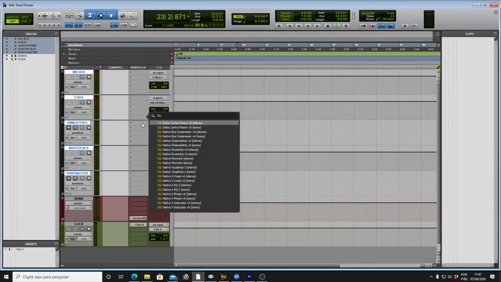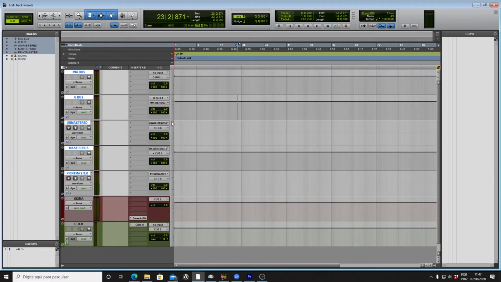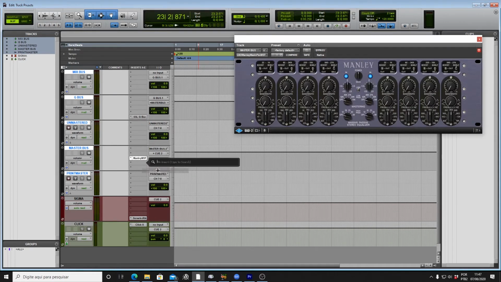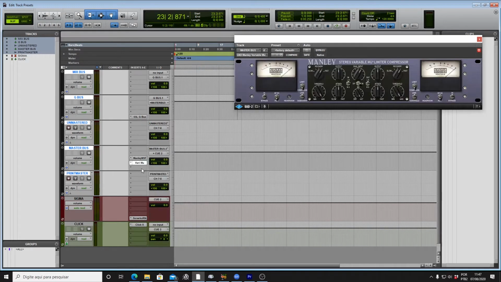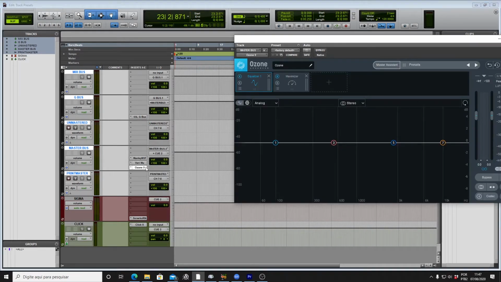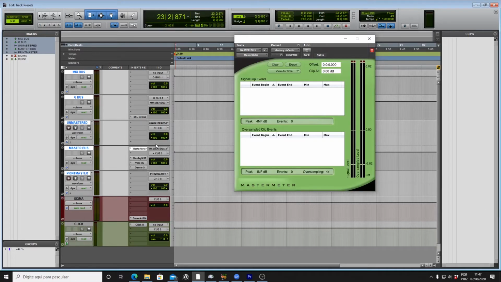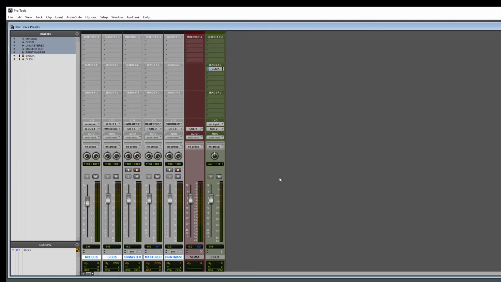I will also add an SSL G-Bus compressor to my bus compressor track, a Manley Variable Mu, Manley Massive Passive, and Ozone 9 to my master bus, and several instances of master meter to check for clipping. On my mix bus, I usually start my fader at -3 dB to give myself more headroom to work with